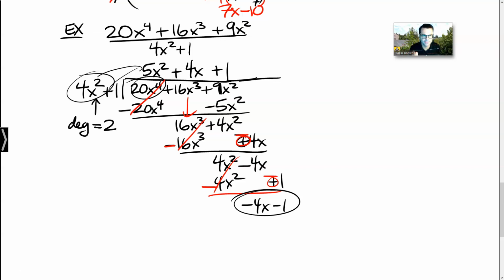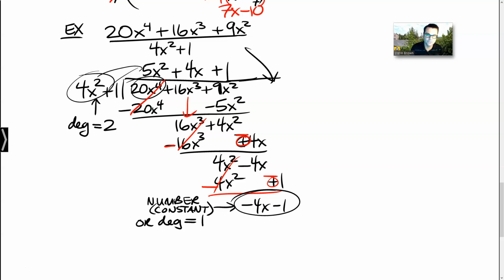I'm dividing a quadratic into something. That means my remainder could be a number, so just a constant, or it could be a degree 1. It could be a linear polynomial. So there's no more to do. I can't divide 4x squared into minus 4x. It goes in 1 over x times. So that means we get that this